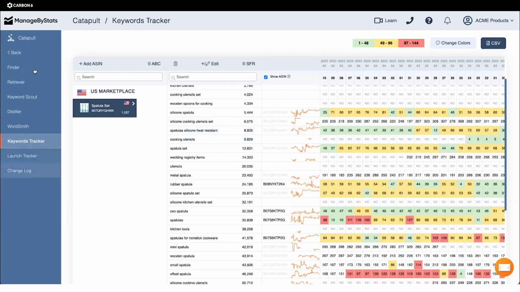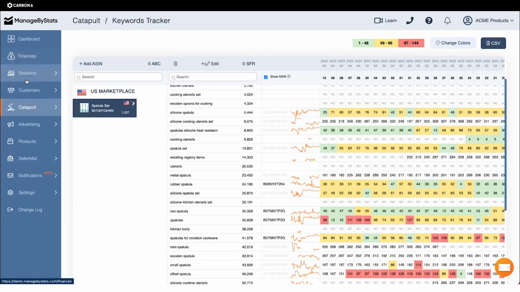But all this is geared towards finding products, looking up competitor products, optimizing your listings, tracking how you're doing on them. If you're doing launches, you can track all the key metrics in here. So there's a whole bunch of different tools that are all geared towards both newer sellers, but also experienced sellers who are revamping a listing or creating their next product, and they want to launch that product and kind of get it going.